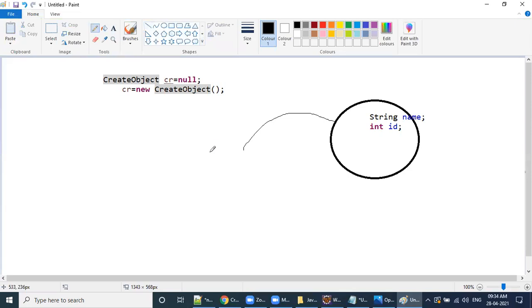CR is your reference. Now it is allocating null as a value and ID as 0. Who is assigning these values? JVM is assigning these values. Everybody clear?